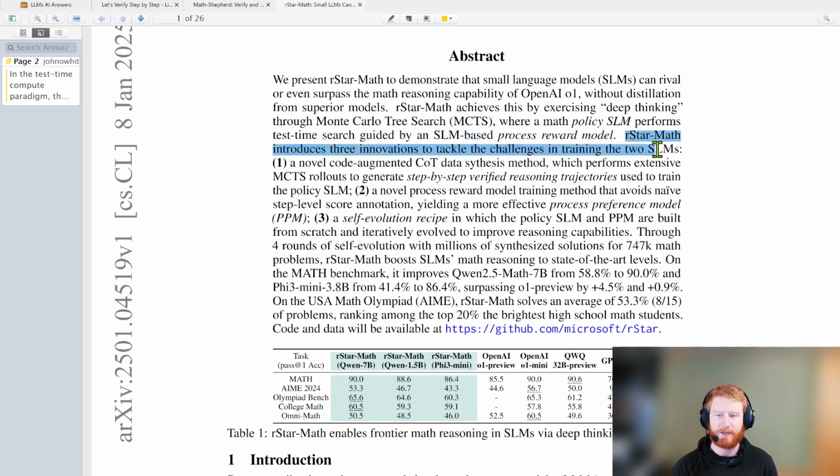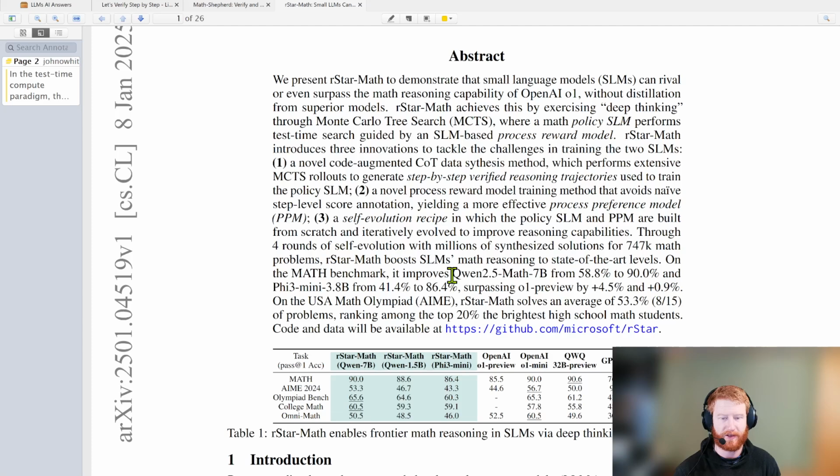rStar-Math introduces 3 innovations to tackle the challenges in training 2 SLMs. Code-augmented data synthesis, which has step-by-step verified reasoning trajectories. There's a lot of words here, don't worry about this, we're going to dig into what all of these mean. Then a process reward model training that avoids naive step-level score annotation, so we'll talk about the issues with process reward models in the past and how they get around that. And then a self-evolution recipe in which you can build from scratch and iteratively improve these different components of their system, building up and building up and building up until